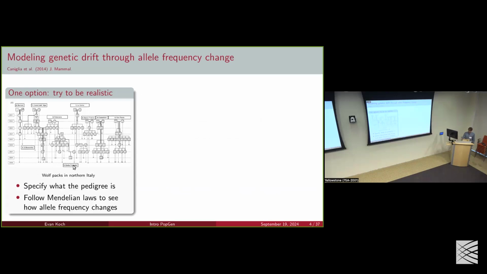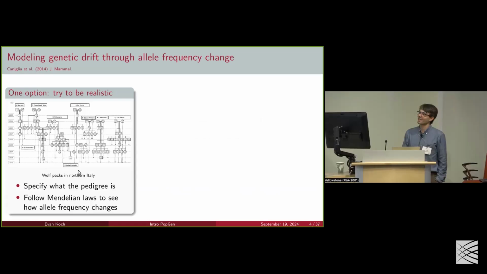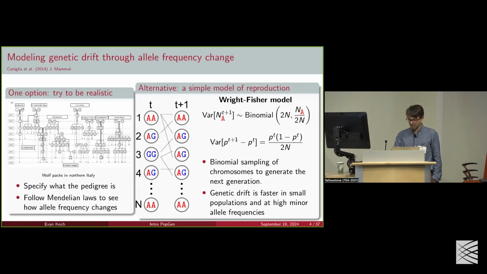This is an example of a couple of wolf packs in northern Italy, and researchers have gone out and actually mapped out their pedigree, which is great. But as you can maybe see from this, it is enormously complicated, and it would be a ton of work to actually model or measure this for every population we want to look at, and mostly impossible. But we could do that, and then simply follow Mendelian laws to see how allele frequencies change. We're not going to do that. That's way too hard. But what we will do